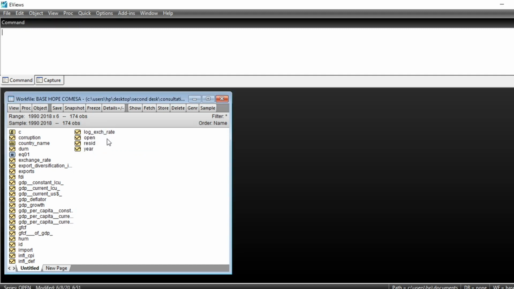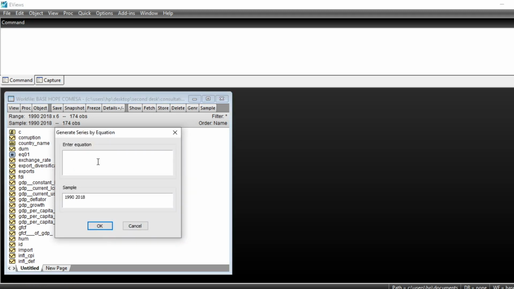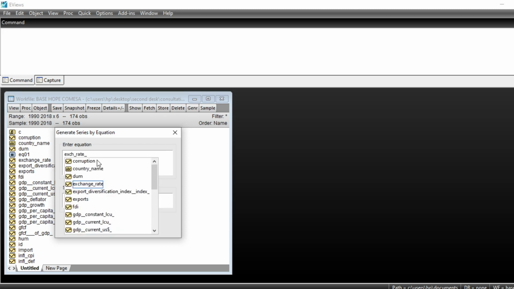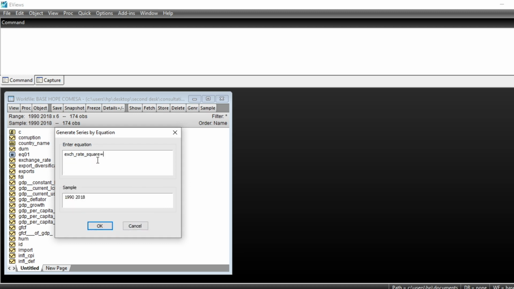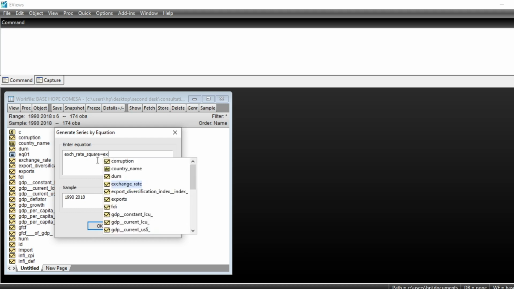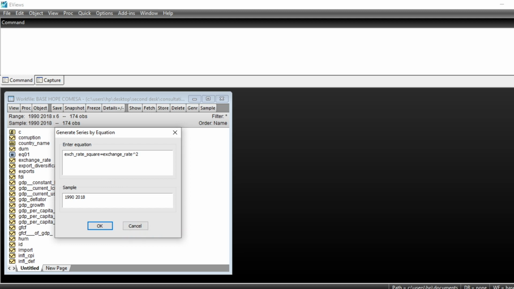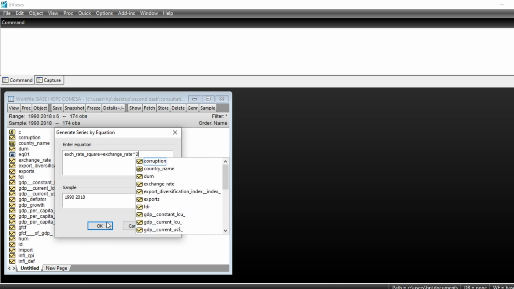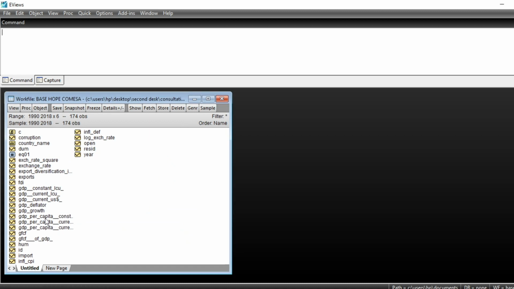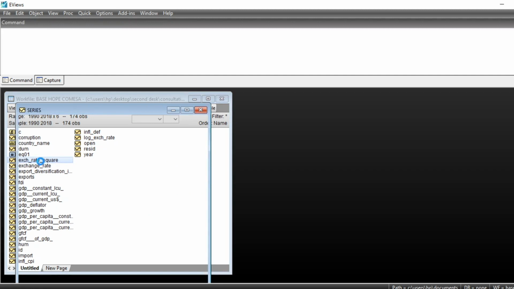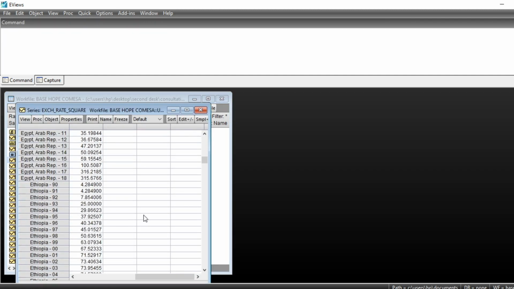So you can also, for example, generate exchange rate square as exchange rate, my variable exchange rate, using the square symbol, as you can see. So then just click on OK, and you can see that our variable exchange rate square here has just been